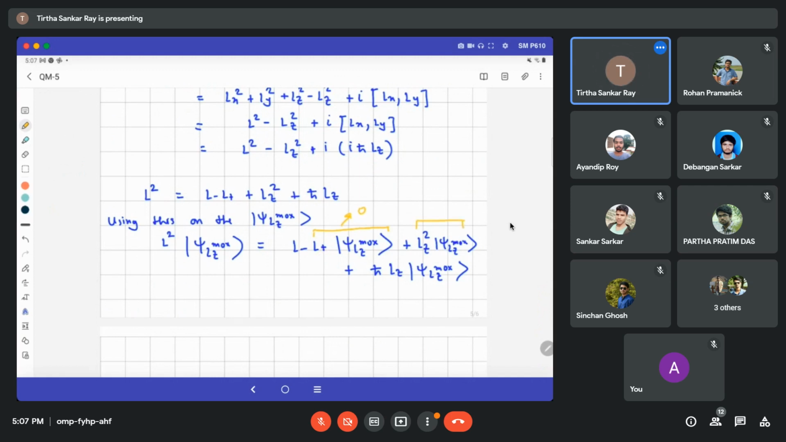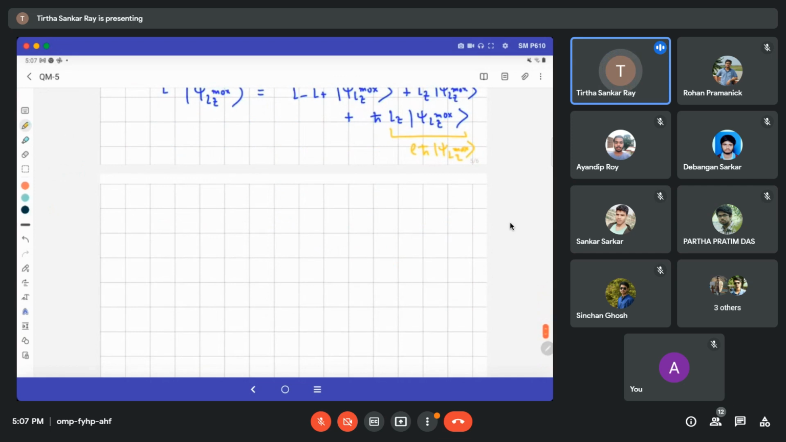This quantity, we said that Lz acting on it is L h cross. So we get h cross square L square, psi Lz max. And this quantity is, of course, just L h cross psi Lz max, right? So if you just combine these things together, it should tell you that L square acting on psi Lz max is simply given by h cross square L into L plus 1 times psi of Lz max,